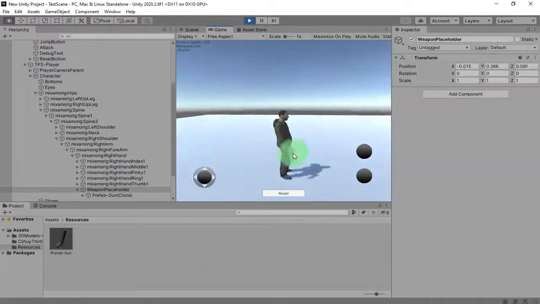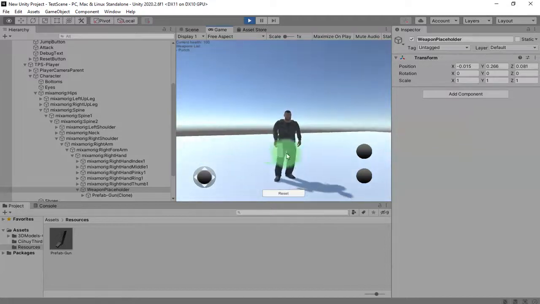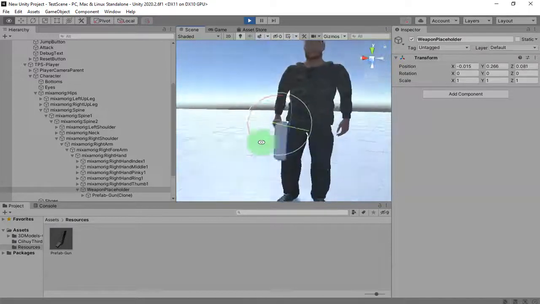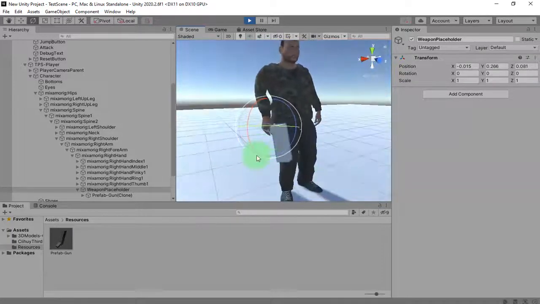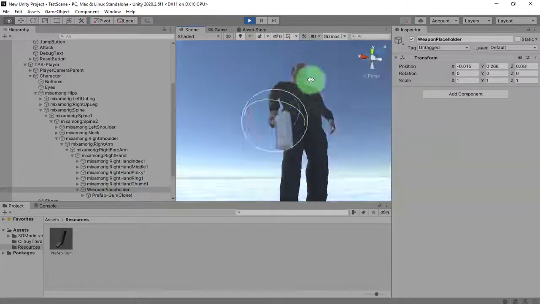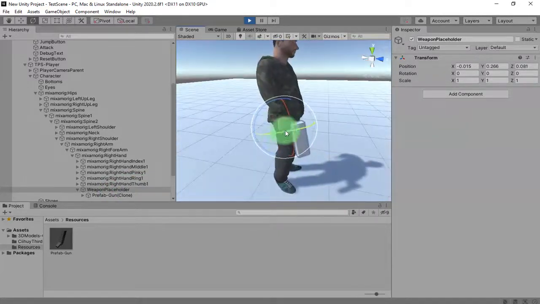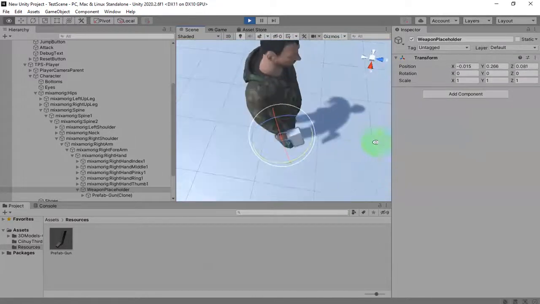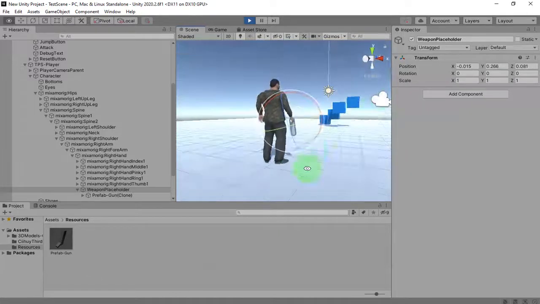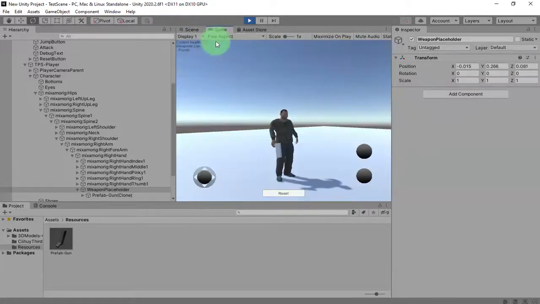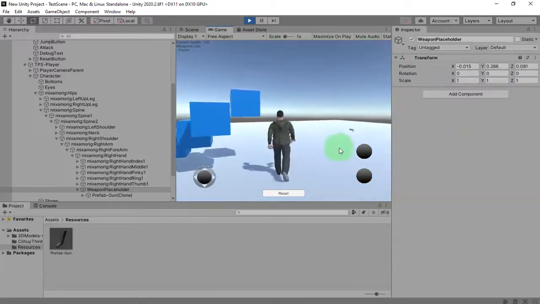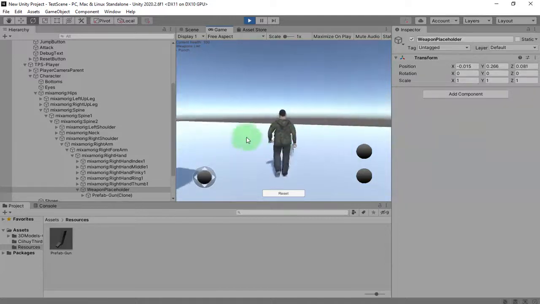You can see the gun is placed, but the scale of the gun is not applied. The gun is too big now, it doesn't look like how we placed it initially when we created the prefab, but at least we already did it. We placed the gun at the hand of the player and it will move, and we can bring it everywhere.